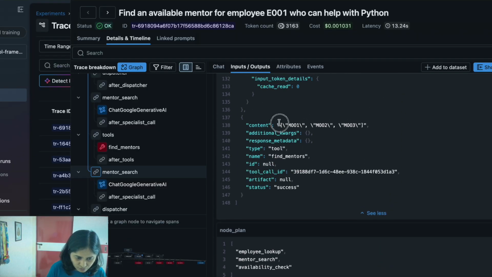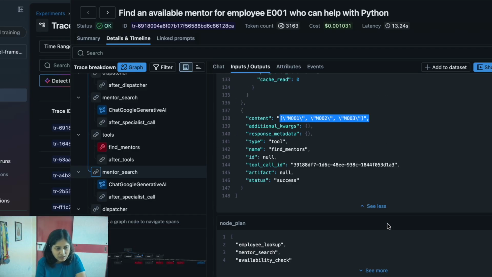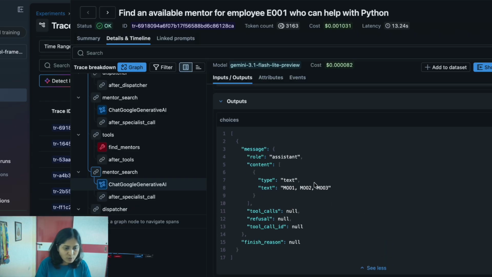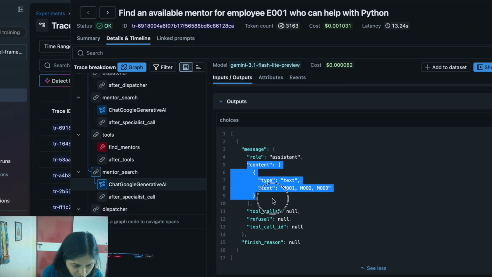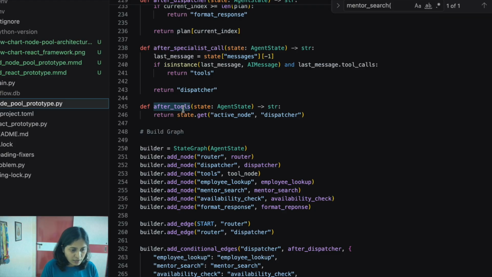These are the list of mentors. What more do I need to do? It says, hey, you don't have to do anything. You have received all the answers that you needed for this tool, with this LLM. Okay, so again, now after this tool we don't have